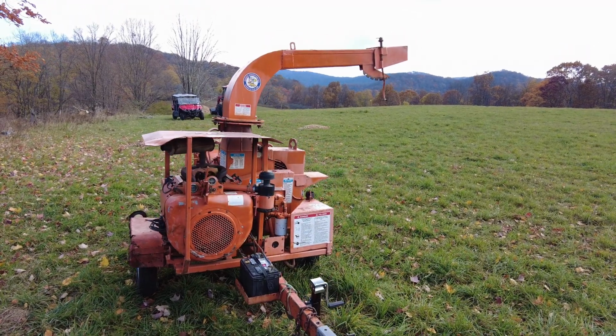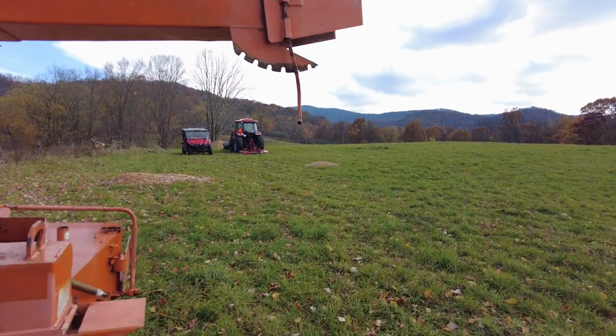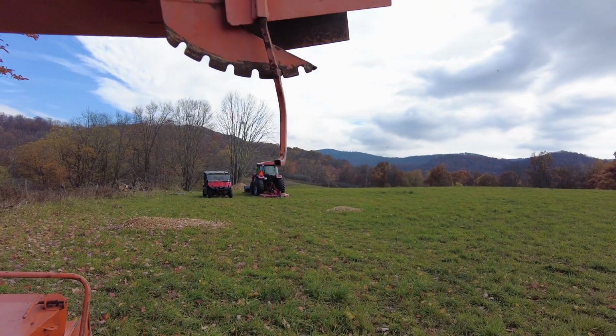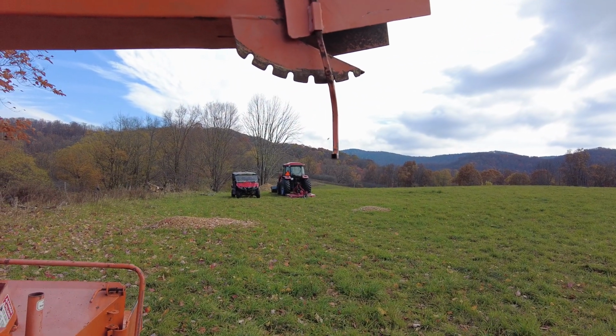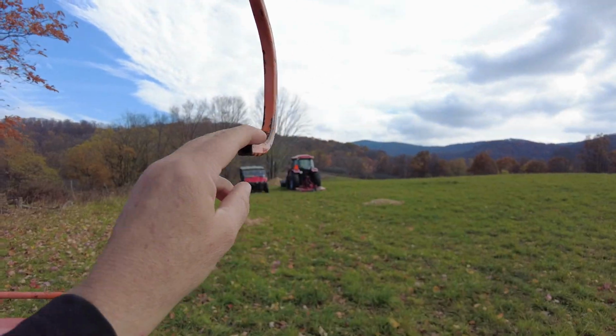So in case you missed it, what I hit my head on was this right here. So I was walking up to it. Thankfully I had a hat on and it didn't get me too bad, just kind of marred up the top of my head. But that's now something going to be changed. I'm going to cut this off